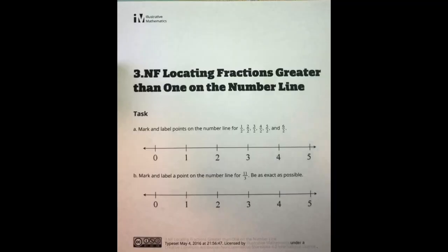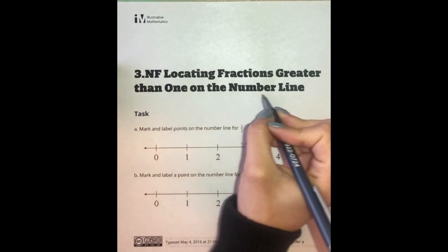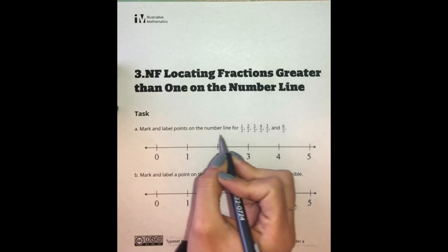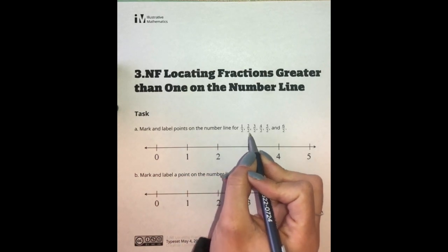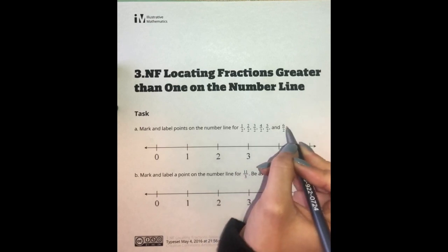So you should have finished your do now. What I'd like you to do is please get out your locating fractions greater than 1 on the number line from yesterday. This is the do now from yesterday. So it's locating fractions greater than 1 on the number line. So task A is to mark and label points on the number line for 1/2, 2/2, 3/2, 4/2, 5/2, and